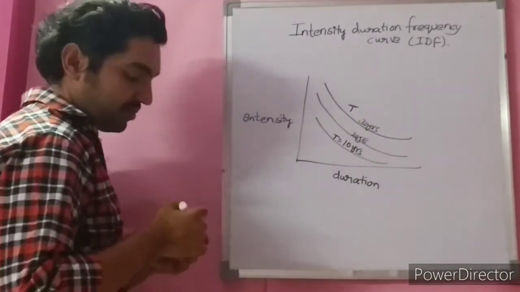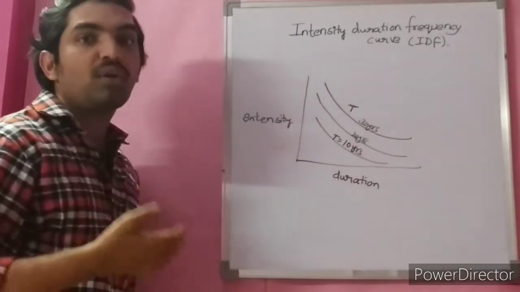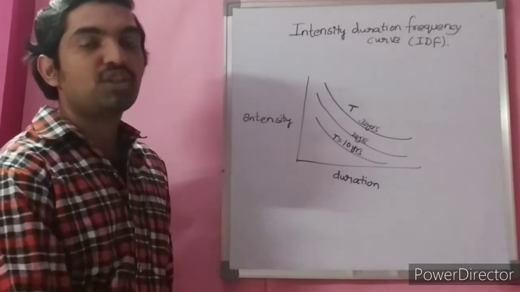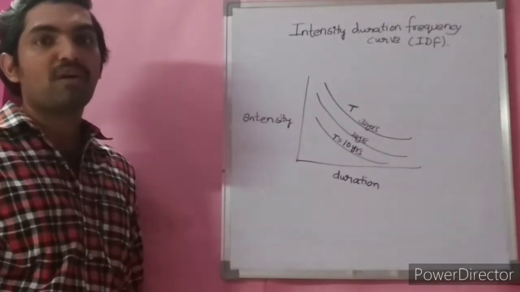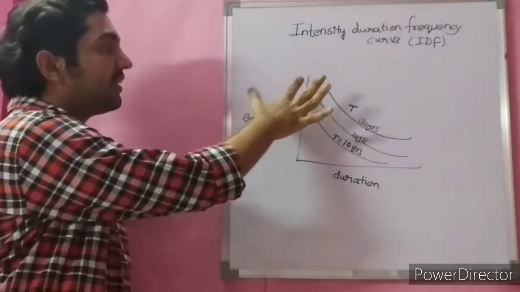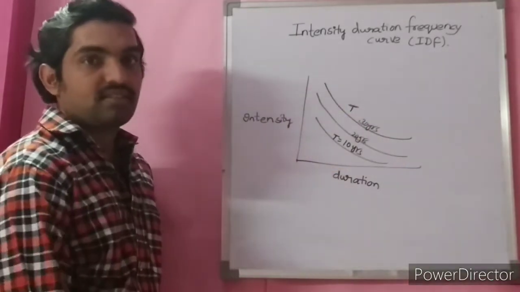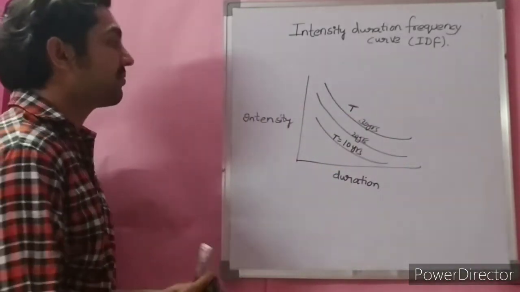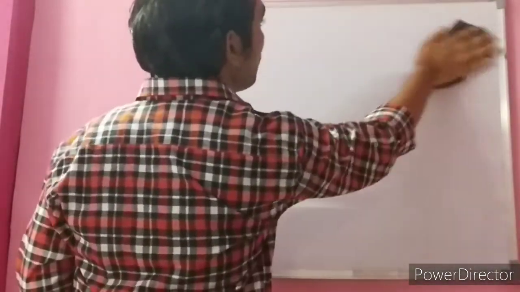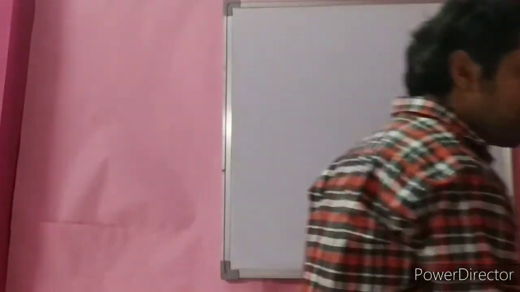Similar to the DAD curve. So this is about the IDF curve. How you develop this curve for a given basin, and how you fit the distributions, all these are beyond the scope of undergraduate level, as I said. Just remember the concept, that's all: as the time progresses, intensity of rainfall reduces. This is about the intensity, duration, frequency curve, popularly called the IDF curve. Let us solve some numerical questions based on this concept.